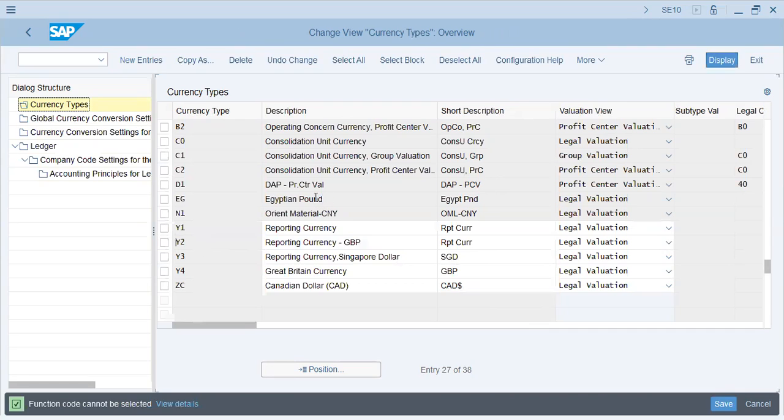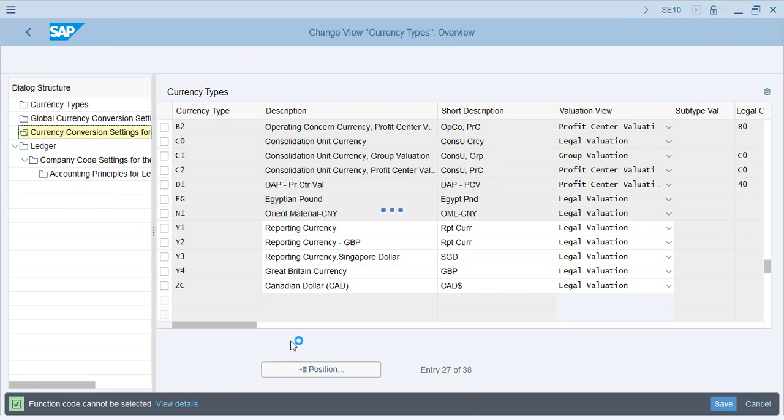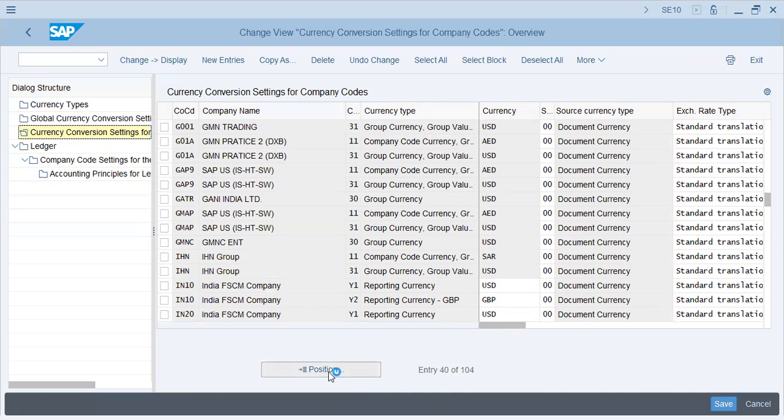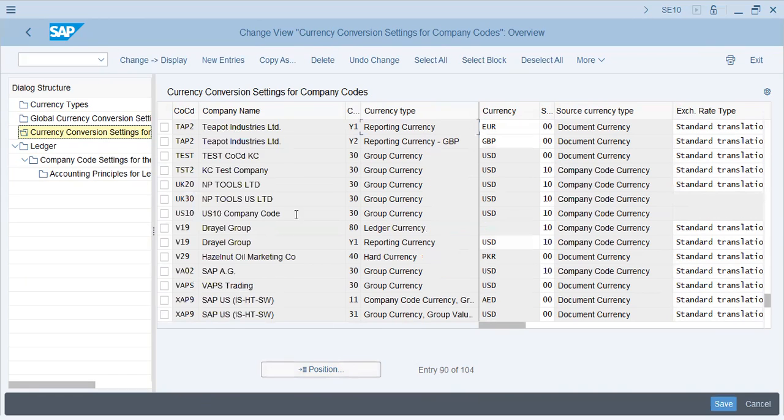Okay, now for company codes, let's find out what we have actually added as an extra currency. Tab 2, tab 2 is Y1, Y2. Okay, it's already added over here. Currency types are given here, and currency conversion is given here for the company code, Euro and GBP. Okay, and company code setting is